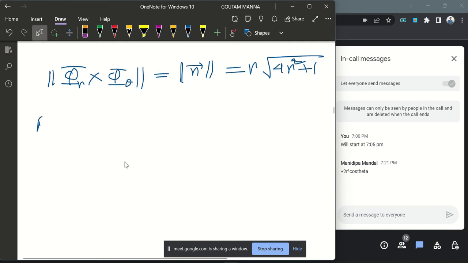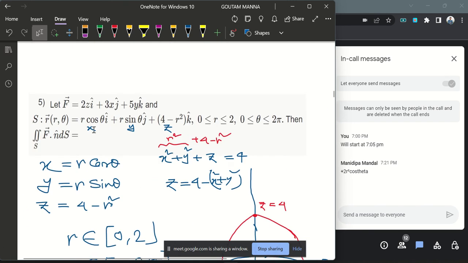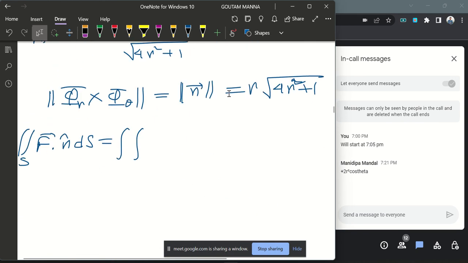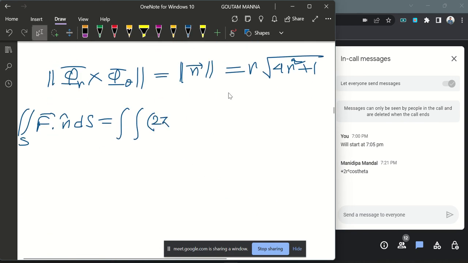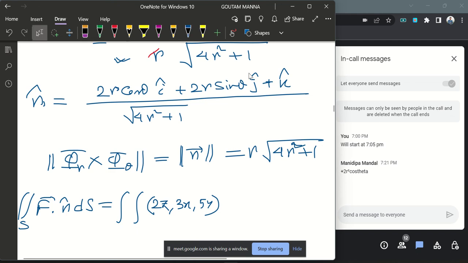So then the integral of F dot n dS is given by F dot n. F is 2z, 3x, 5y, dotted with n hat, which is 2r cos theta, 2r sin theta, 1,